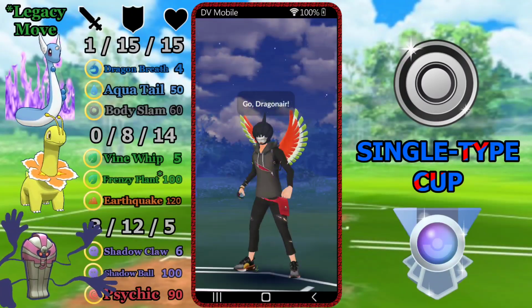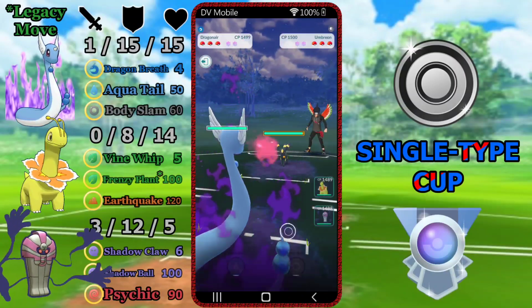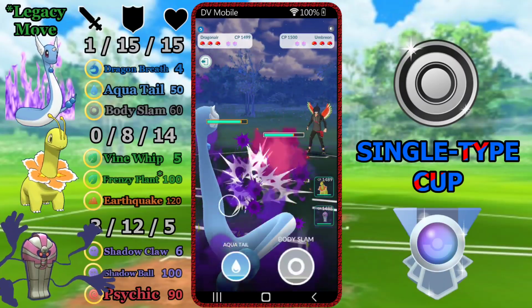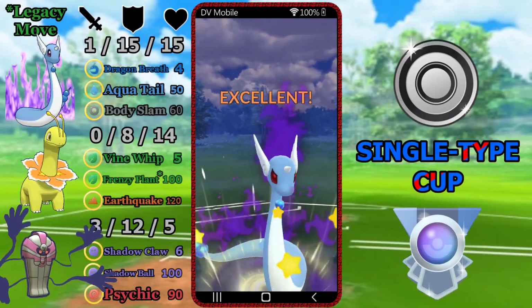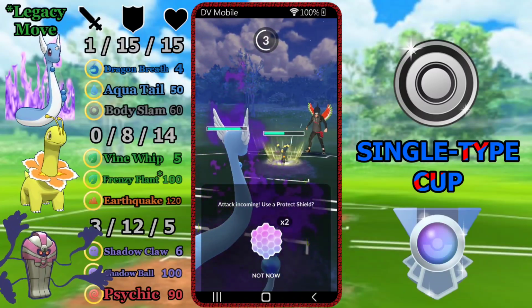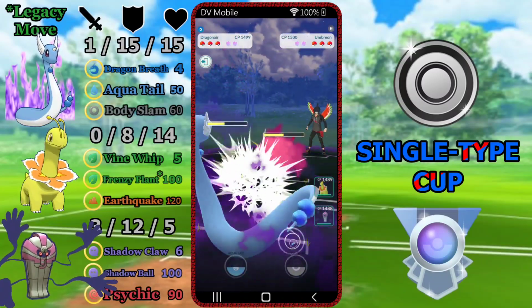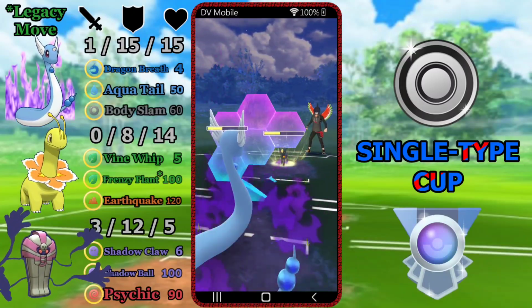So, first matchup we're going to talk about is just that situation, the Umbreon lead. Now, Umbreon does beat Dragonair in the Great League. This is a rank 1 Shadow Dragonair, so kind of the optimal situation for you in terms of IVs and stats. And Umbreon is going to be able to win this matchup because it's so strong. But you're going to be able to do a lot of work on this thing and really chip it down